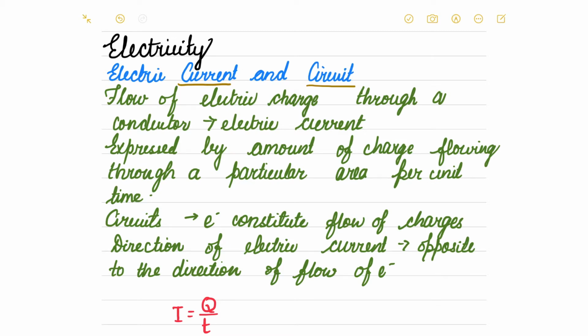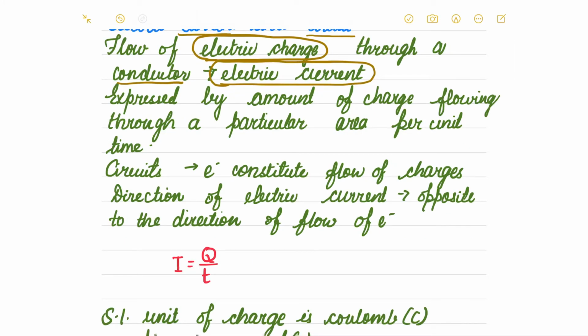Whenever there is a flow of electric charge through a conductor, it constitutes electric current. A conductor is any body that allows electric current to pass through it. Electric current is expressed by the amount of charge flowing through a particular area per unit time. This means in 1 second, the amount of charge flowing through that particular area is used to express the